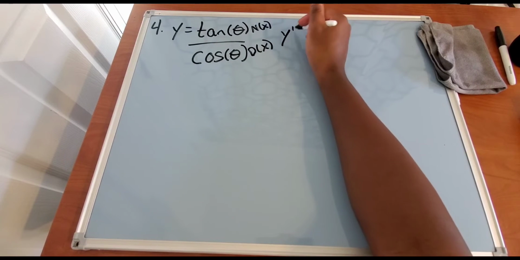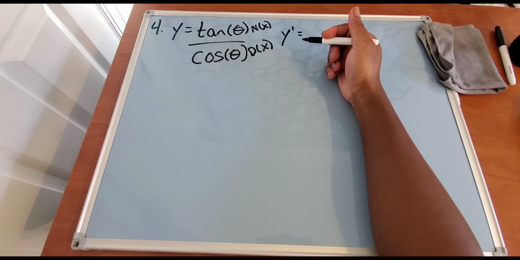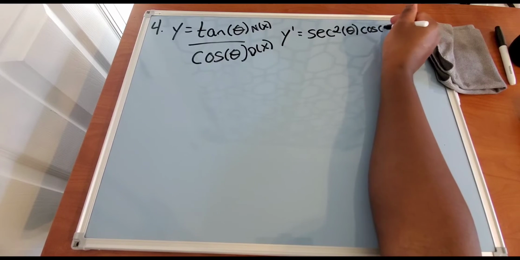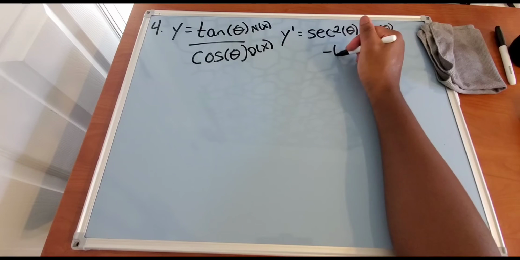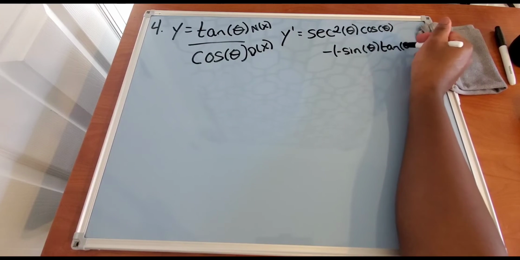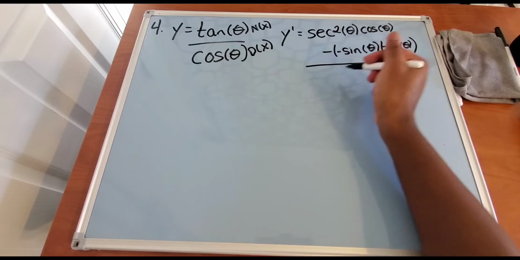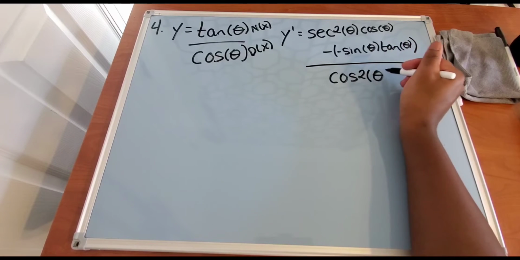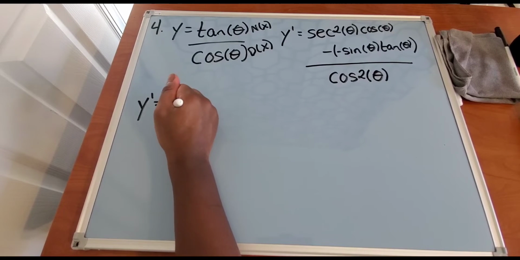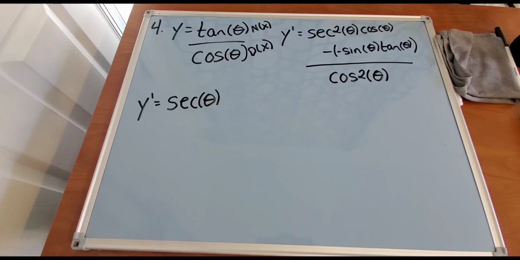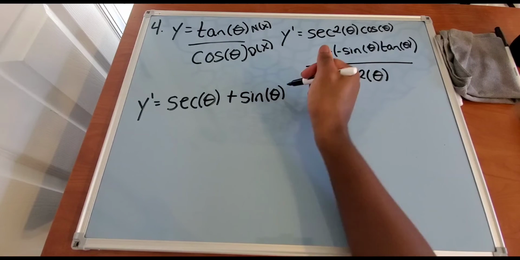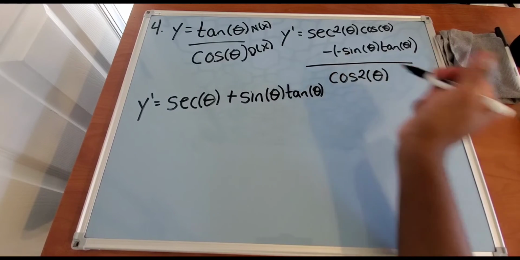So we can say that y prime is equal to the derivative of the numerator, which is secant squared theta, times the denominator, which is cosine theta, minus the derivative of the denominator, which is minus sine theta, times the numerator, which is tangent theta, all over the denominator squared. So we'll just call that cosine squared theta. So secant squared times cosine is just secant. So we can say y prime is equal to secant theta plus, because we have negative 1 times the negative 1, sine theta times tangent theta, all over